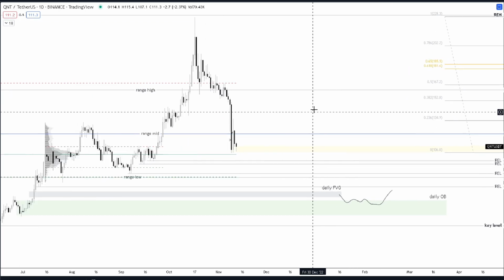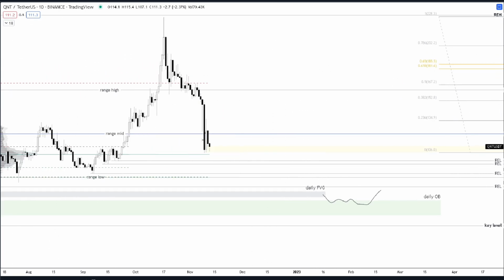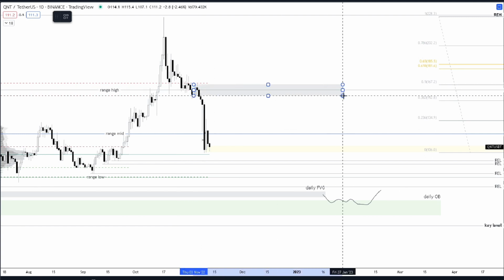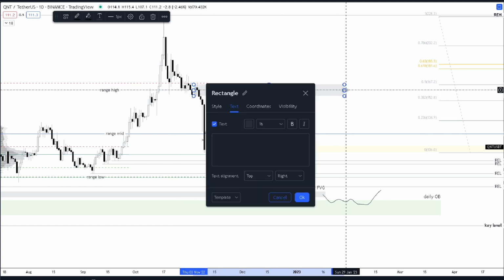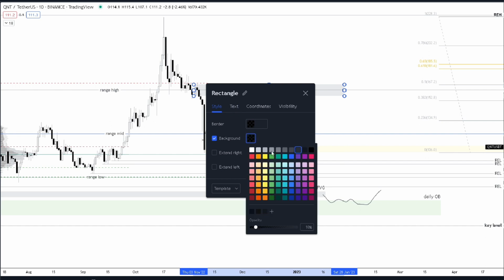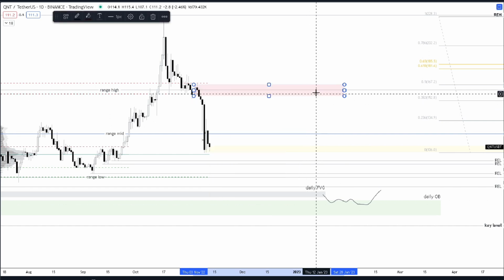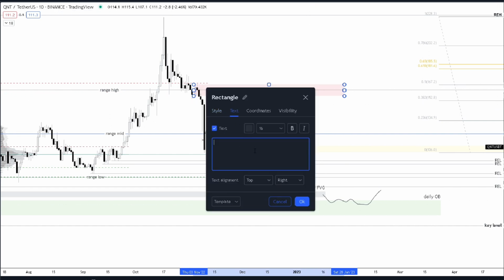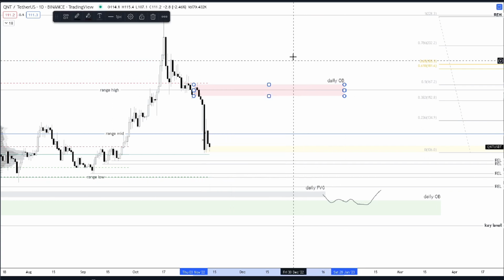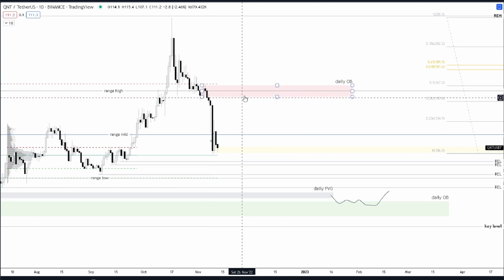As for other confluences, I do see some zones of supply here. So this would be known as a bearish order block on the daily. And since it's bearish, I am going to mark this red. And then I'll label this daily OB for daily order block. So I would be looking in this area